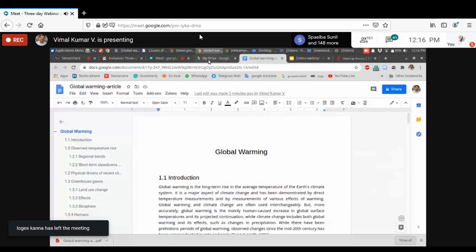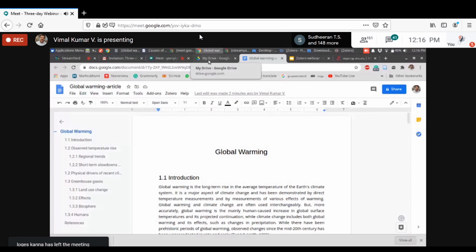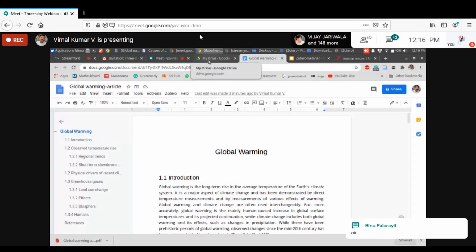Anyway, I am concluding the session. We have learned how to create an account with Zotero, then how to install the two software components of Zotero. One is the Zotero client, the second is the Google Connector. Then how to organize the references inside Zotero using collections and sub-collections. Then various ways to find and add references into Zotero from journal databases, Google Scholar, and eJournal sites.